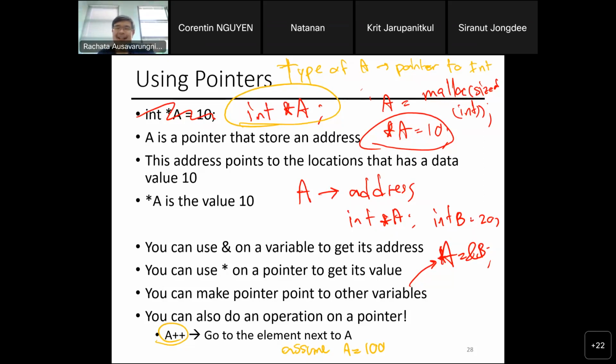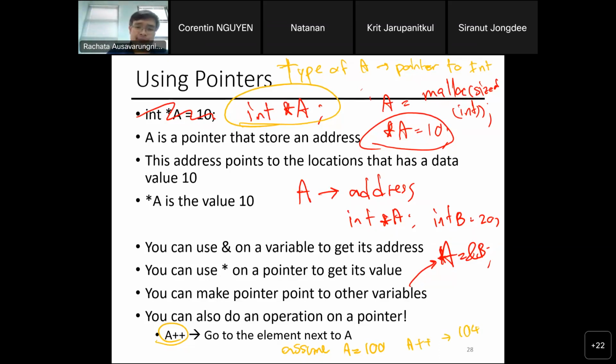So if I do A plus plus, I will move 4 bytes, which means that at that time I should be at 104. So A plus plus will give you 104 because an integer is 4 bytes. A plus plus goes to the next integer, which basically means I will go to 104. All right, so you can do pointer arithmetic.